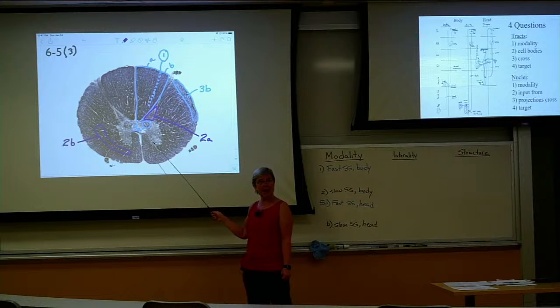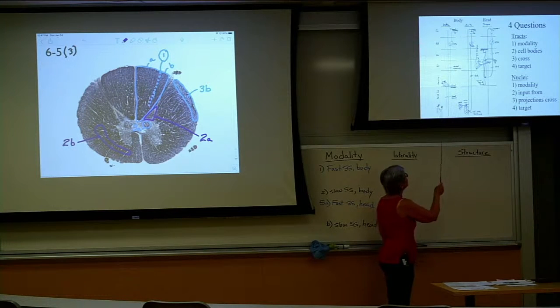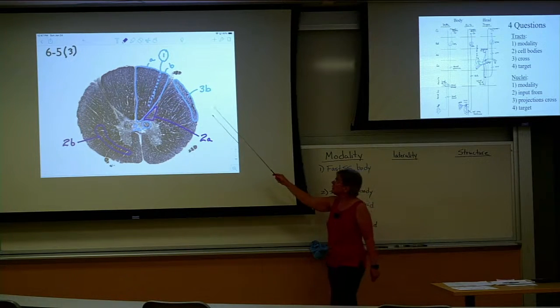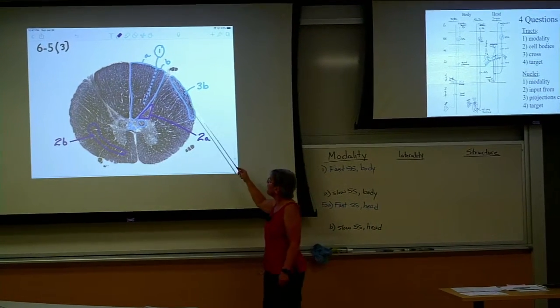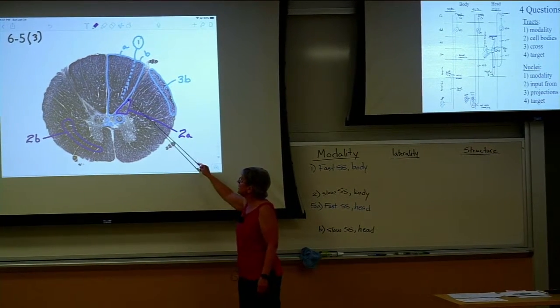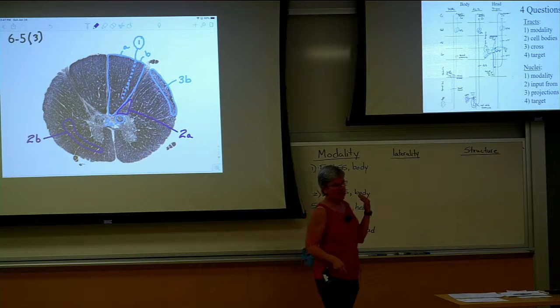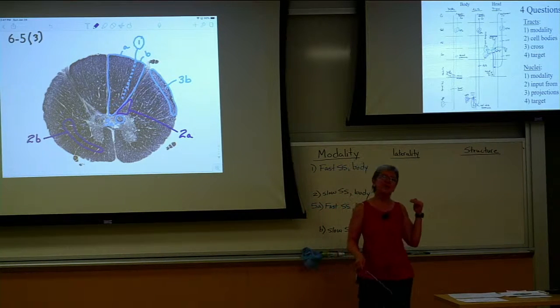So this will be a practice for you to do on your own, to look at the pathways here. You're in the spinal cord, and you need to know what each of these pathways are, as well as this nucleus. And the main thing we're going to emphasize today is the process for this information to get to cortex